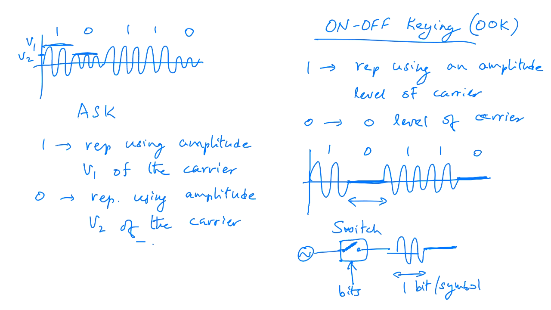Okay, let's erase the board. So the next version that we are going to talk about is called M-ary ASK. So M-ary ASK is used when we have combined multiple bits, and rather than having the message signal consisting